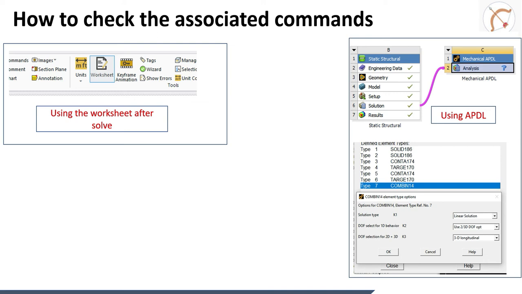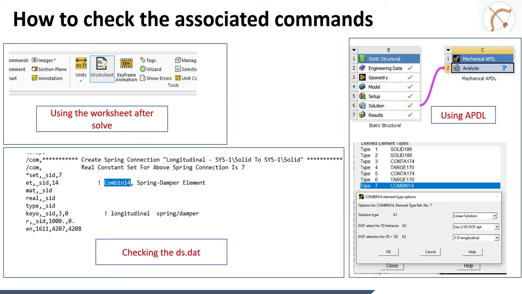At the Workbench project schematic level, we can transfer the model to a Mechanical APDL model, and inside the Mechanical APDL model, we can check the associated KEYOPT option, real constants, and other things that have been defined for the spring element. The third is that even before solving in the Mechanical GUI, we can write the ds.dat file, or after the model is solved, we can also go into the ds.dat file and see what the associated command is and how it defines the KEYOPT option.